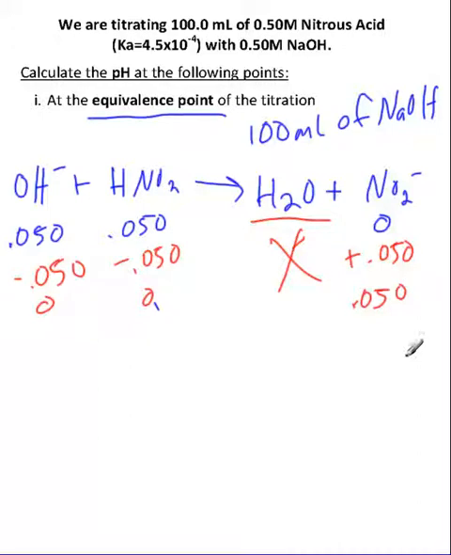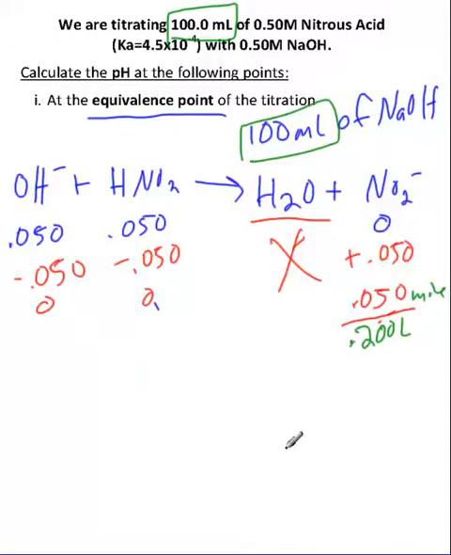Now remember, that 0.050 moles is in a particular volume. Again, I added 100 milliliters of nitrous acid to 100 milliliters of NaOH. So this is per 0.200 liters, and that's moles. So that's going to give me a molarity, and that's going to be useful in the next part of our problem. I didn't have to calculate the molarity right now. I could have waited, but I'm looking ahead and realizing